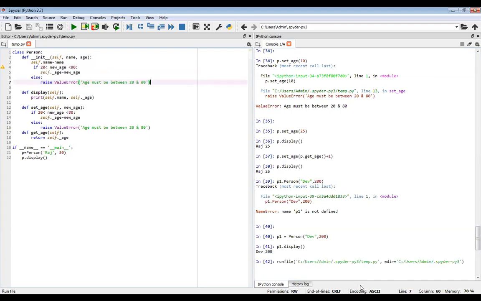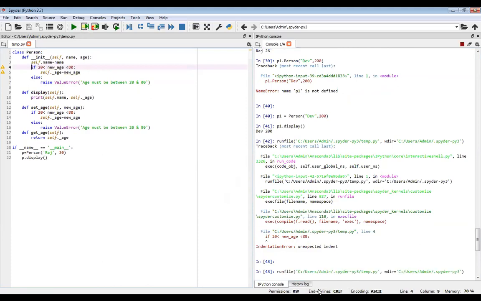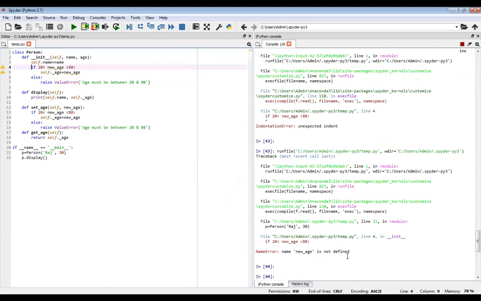Now in this way you can run and implement the program. So here it should be the age.